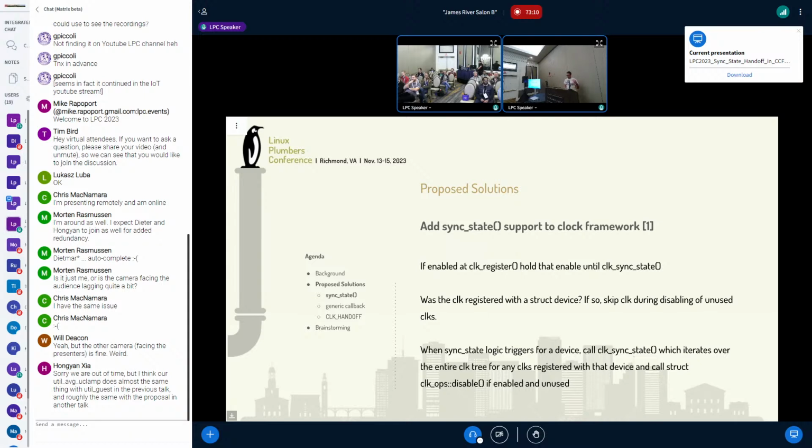So Salon basically said, let's enable all the clocks. Let's hold that enable state when we register a clock. So if it's enabled in hardware, keep it enabled the entire time until someone calls sync state on the device driver for the clock that the clock controller is for. And then during late init, we keep the late init code, so all the clock disabling unused code still exists. We basically ask, do we register a clock with a device? If so, completely skip that clock during disabling of unused clocks. We're going to rely on sync state to run it.